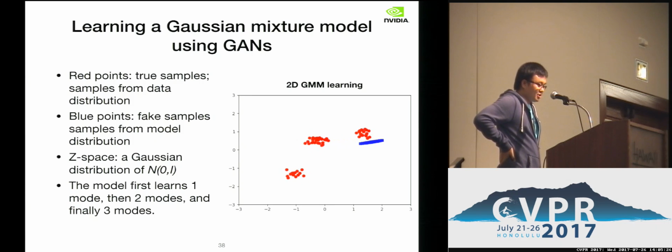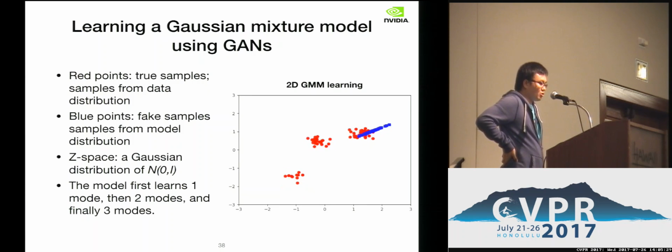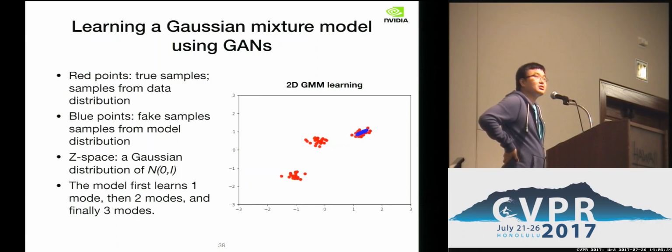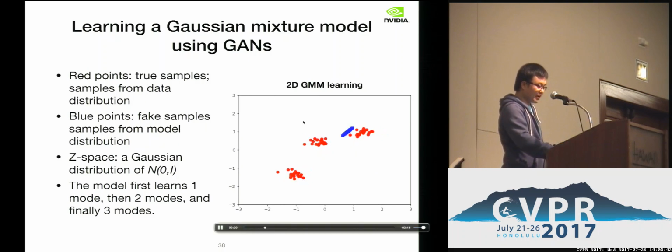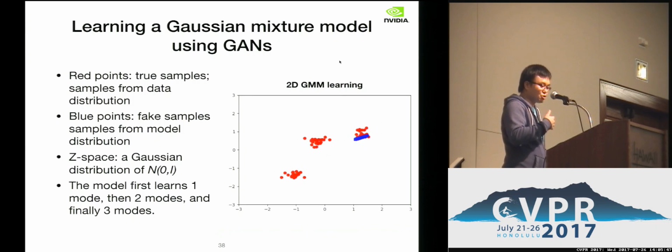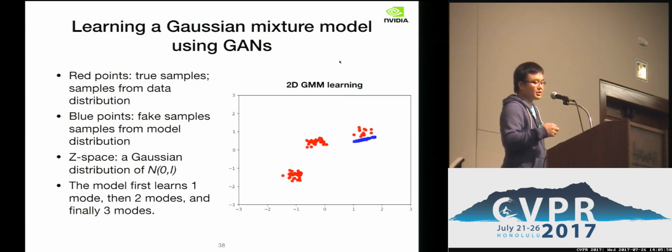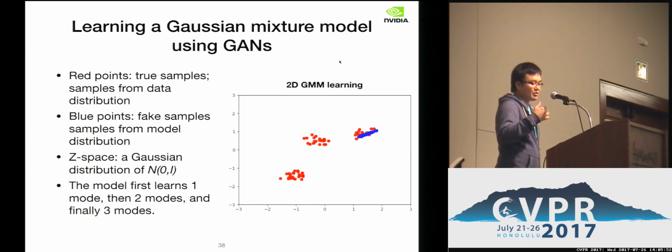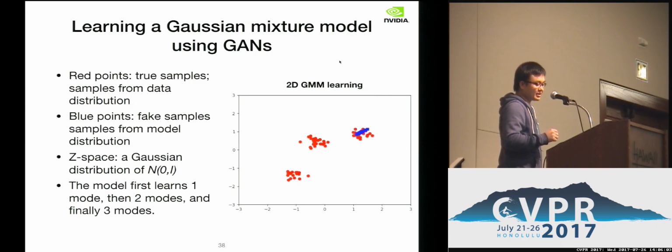So here we are showing a video of training a GAN to learn a Gaussian mixture model containing 3 components. Here the red points are samples coming from the true distribution, and the blue points are the samples coming from the current iteration of the generative model distribution, and it's initialized randomly. And from this figure, we can see that